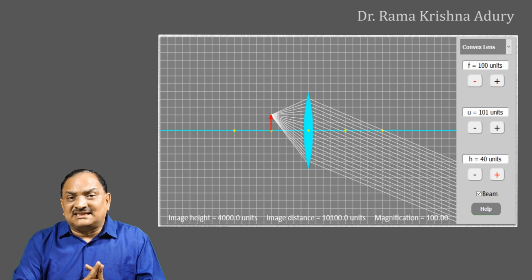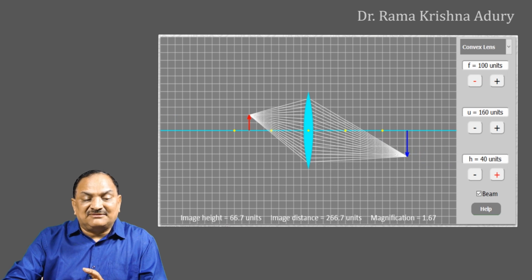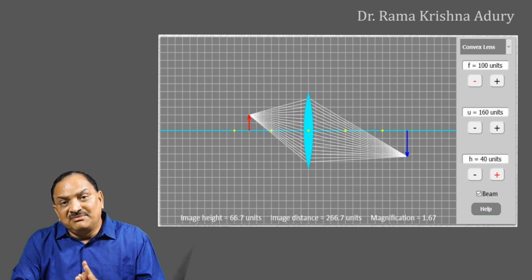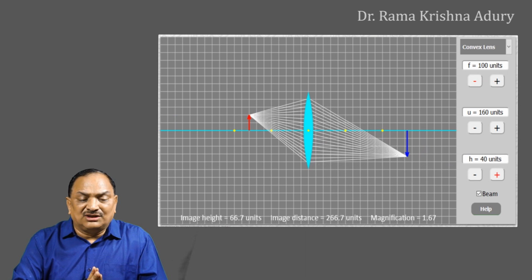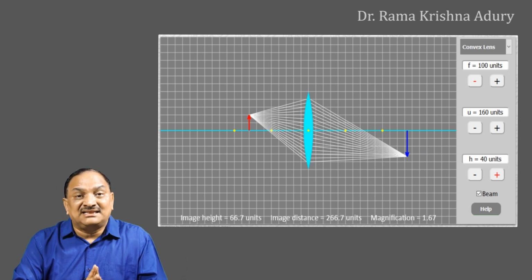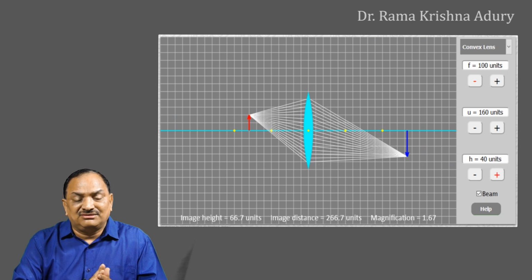So you leave this case, and when the object now is placed between F and C, between the principal focus and the center of curvature, you can see the image formed on the other side, but it is beyond C. And what you can watch here is that it is a real image, it's an inverted image, but mind you, it is a magnified image. The size of the image is larger than the size of the object. And the properties you can consolidate and say that it is a real image, an inverted image,